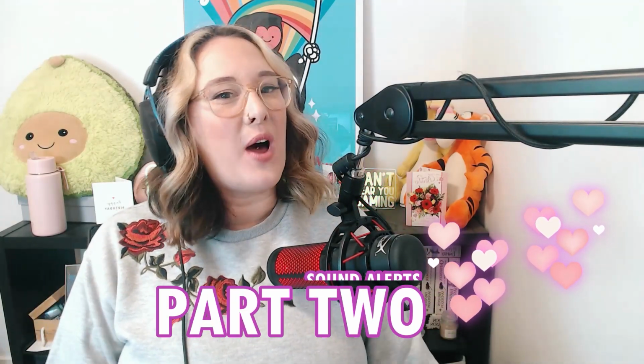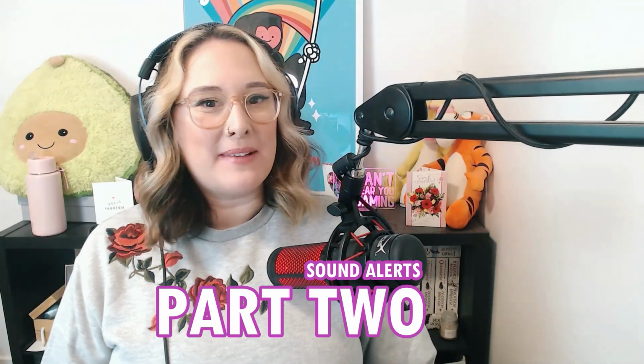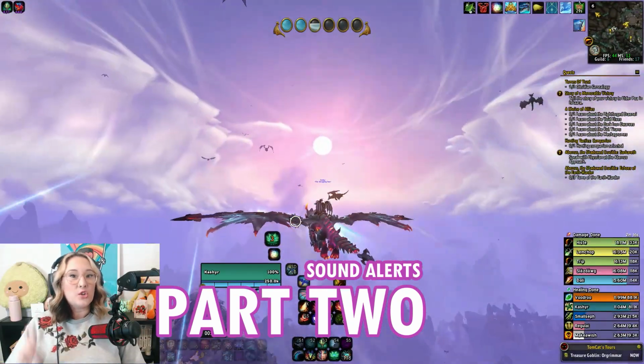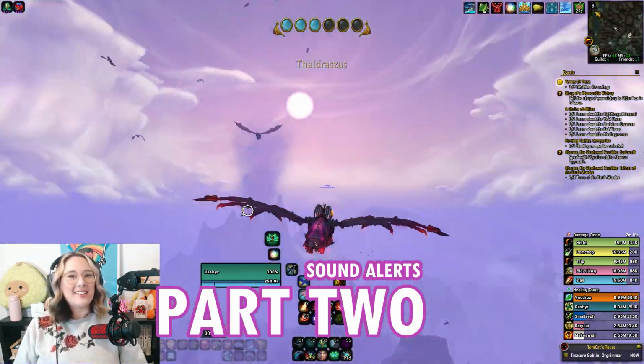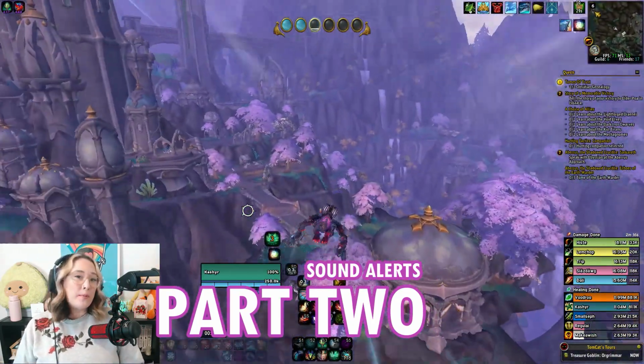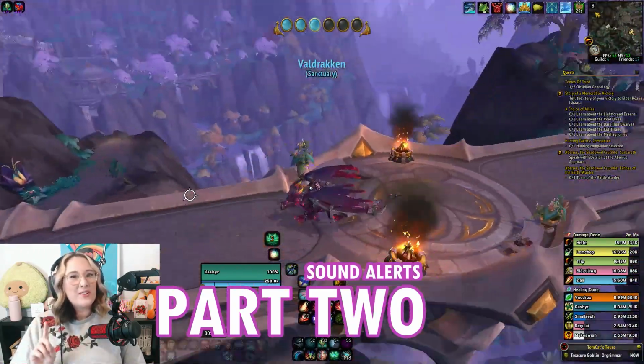Hi guys, it's Cash, and what I've done is gone through the Aberrus raid and identified the big, the scary, and the sneaky boss abilities and assigned them sound alerts so you can be better prepared. Because if you have ever been caught off guard while tunneling during your cooldowns, or you've blown up the raid because you're staring too hard at those health bars, then you'll understand why having an audio cue could be a